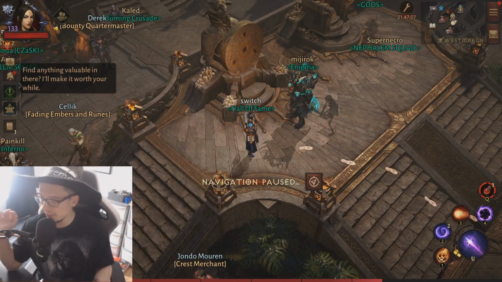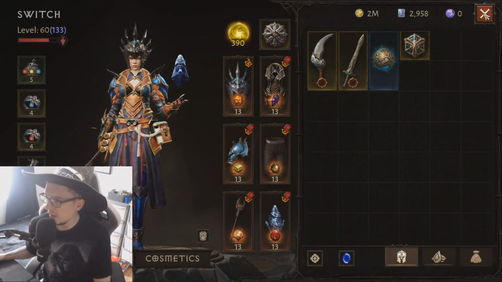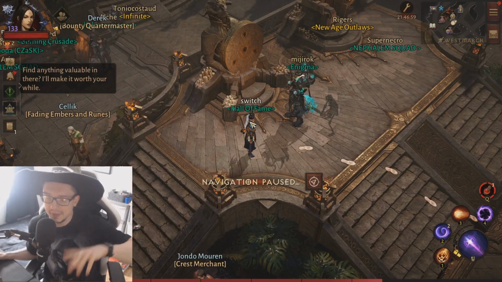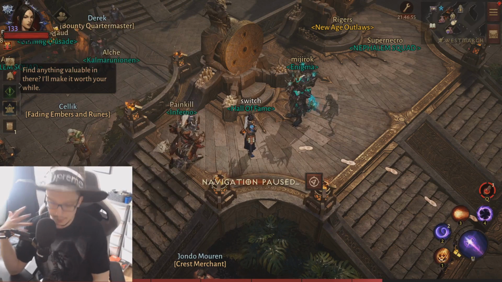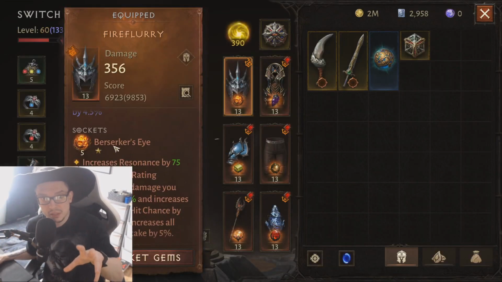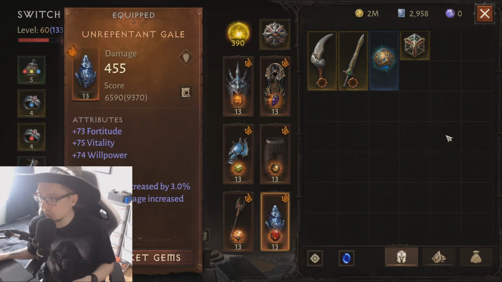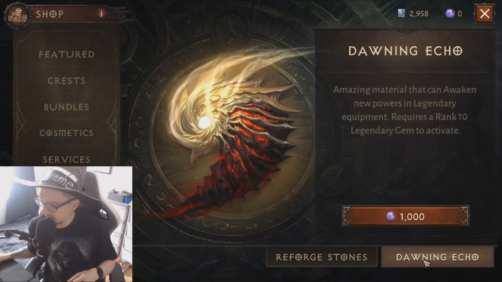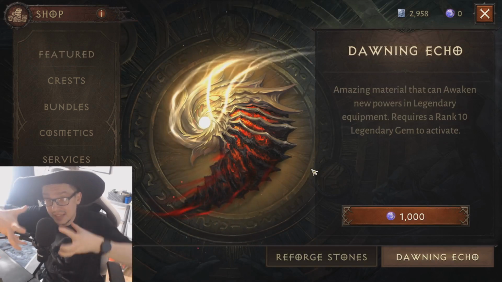No, I didn't spend any money on it, and I'm not going to spend right now. But if at some point in the future I'm able to level up the 1-star gems on the level 10, on all 6 slots, then I will probably go to the shop. We are talking about the materials and Downing Echo, and I will probably buy Downing Echoes to just unlock